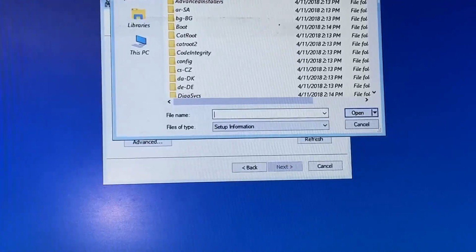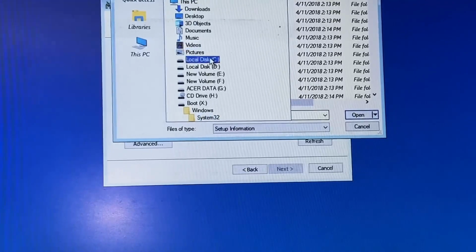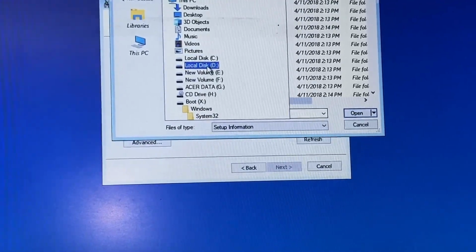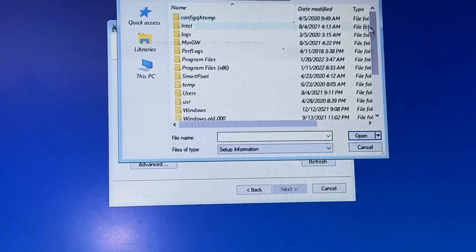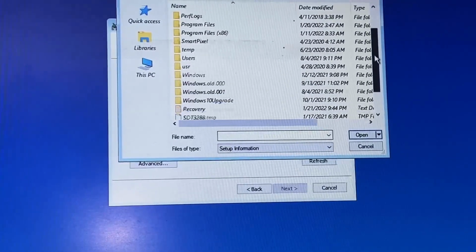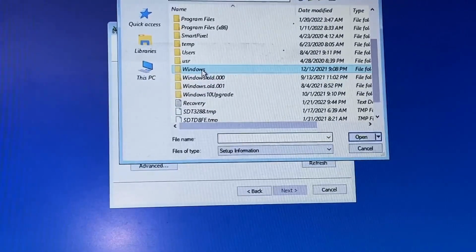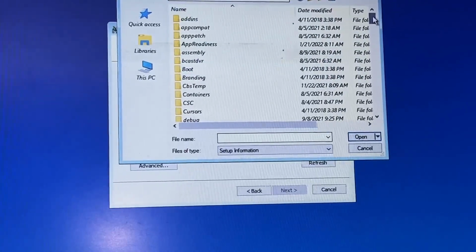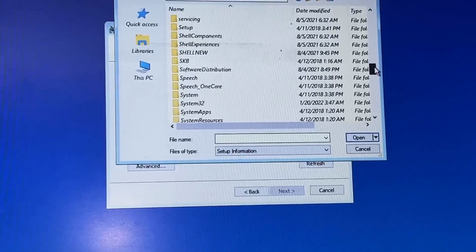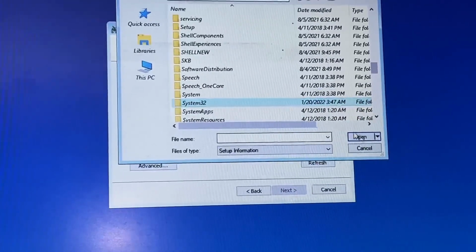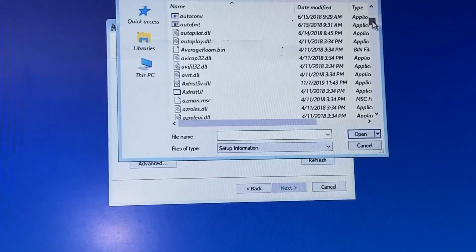Here we will get these options. We'll click on this drop down arrow. In the drop down arrow we will pick the local disk D, and in local disk D we'll locate the Windows folder. In the Windows folder we will locate the system32 folder. This is system32. We will open this folder. In system32 we will locate